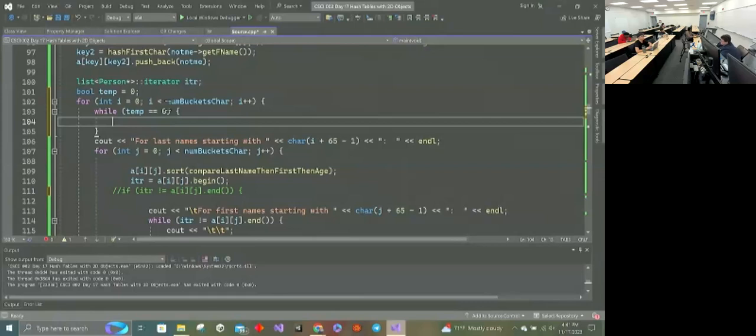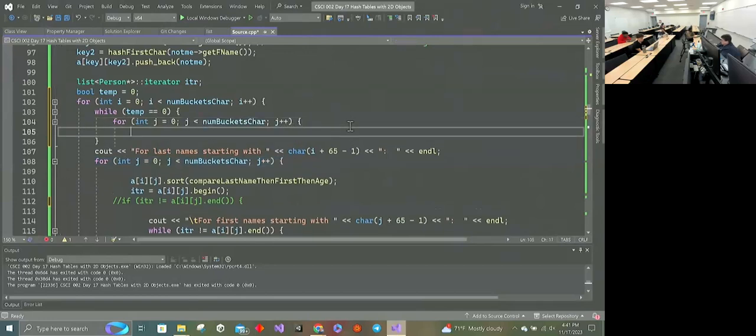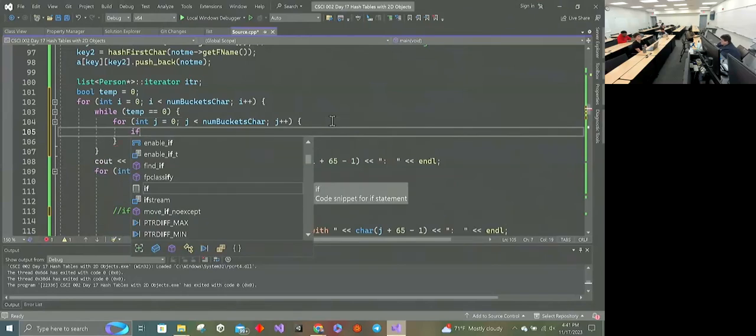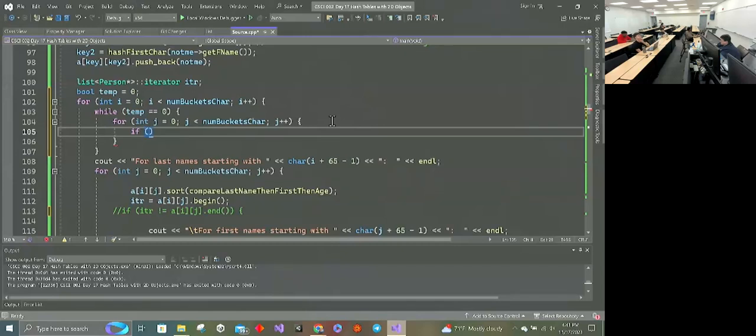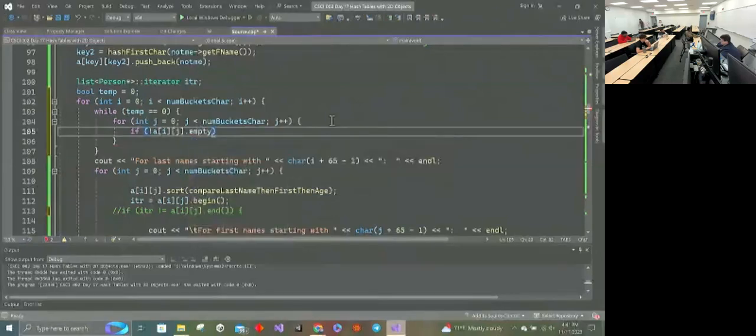I wanted to go through and just check to see if it's empty. So I needed to go through an entire new sequence like this. And I say if A bracket I bracket J. Nope, I can't, well, first off, gotta do J. Can I do empty? Oh, I can, there we go. Empty. So if it's not empty,